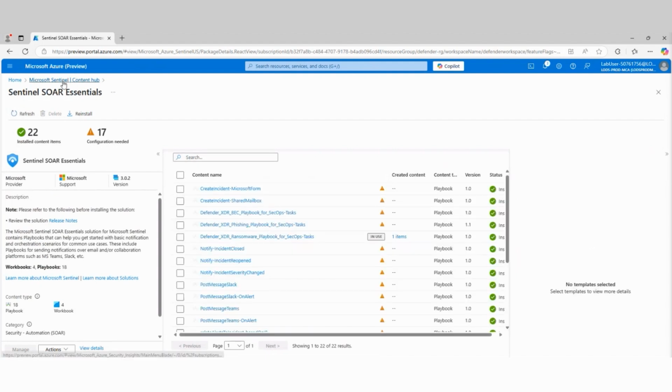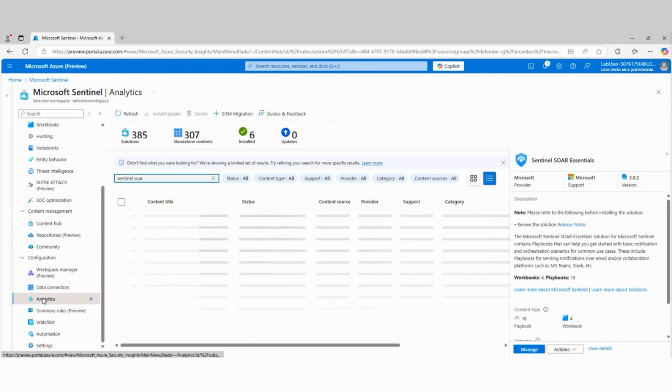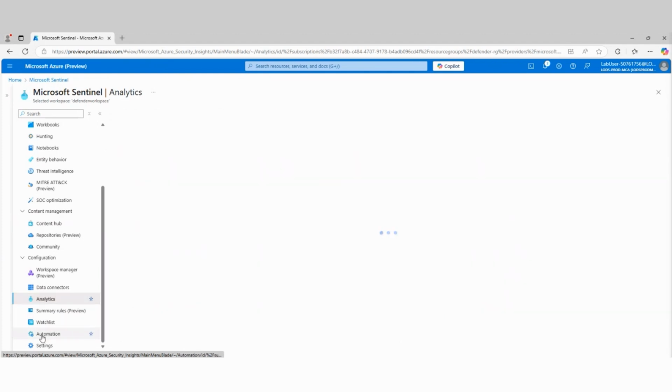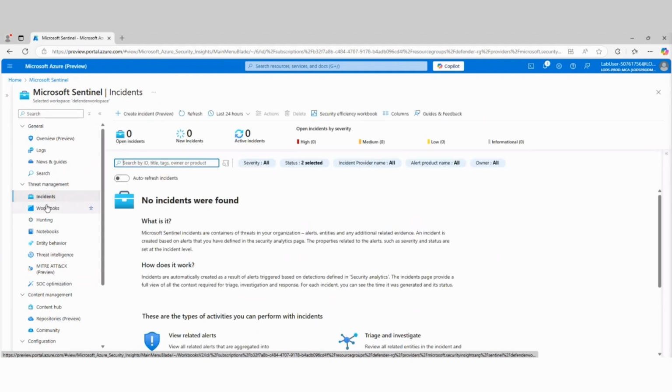So there's our playbook. At this point, we could use that playbook when we start getting into analytics rules, when we get into automation for generating response in case events occur. We can also use those playbooks when it comes to addressing incidents that we may have, which we'll demonstrate as part of the incident creation process and so forth in the course here. So now you see how to create a playbook.